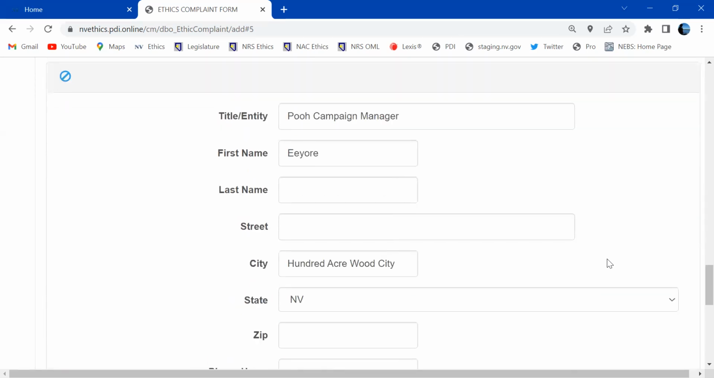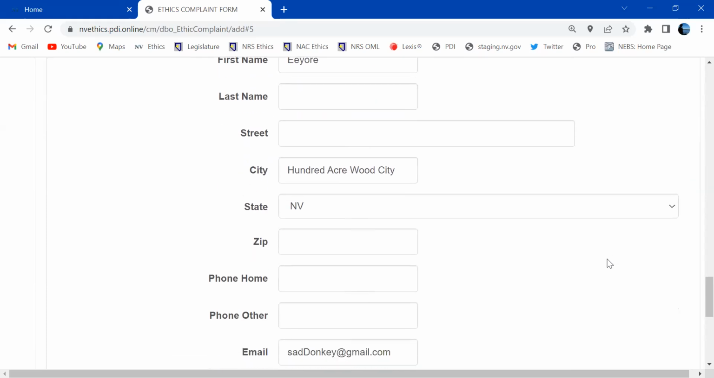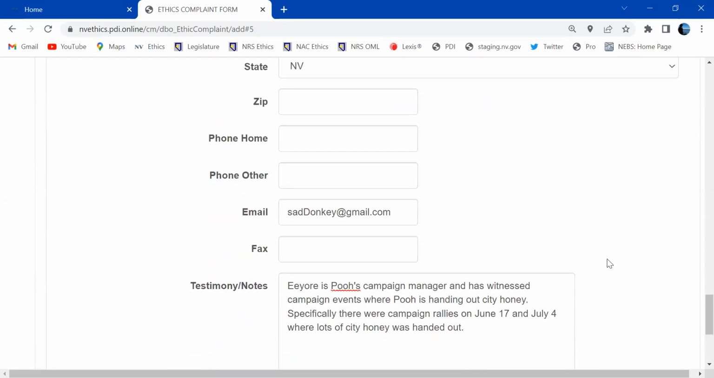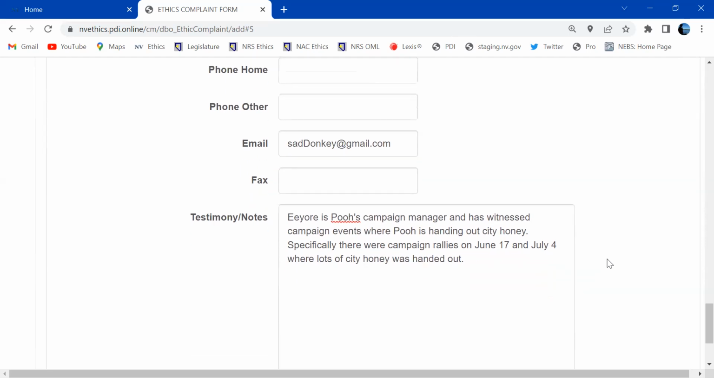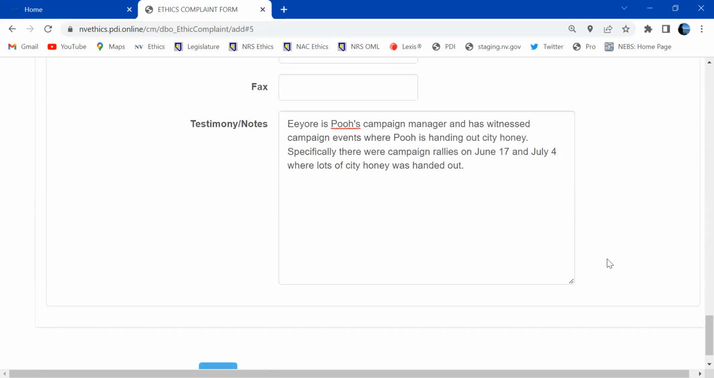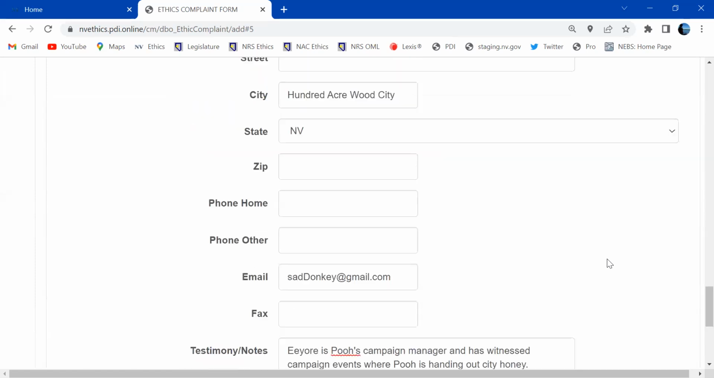And then we're going to say Eeyore is the campaign manager. Maybe we don't know where Eeyore lives, but we've got an email for him so that the commission can reach out and try to determine where Eeyore is. In the testimony and notes, you might also put some additional information that you didn't put in the description. So for example, for Eeyore, we're specifically calling out that he was there at campaign rallies on June 17th and July 4th, where a lot of the honey was handed out in exchange, we assume, for votes. So then we'll hit next,